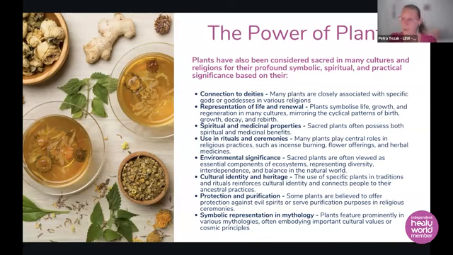Plants move with those seasons. And people have learned how to move with the plants, looking at how plants change. According to that, they literally change their own lives and rituals as well. They're connected to spiritual and medicinal properties. Some plants are completely sacred. They have a really important role in certain cultures, and they possess spiritual and medicinal benefits.